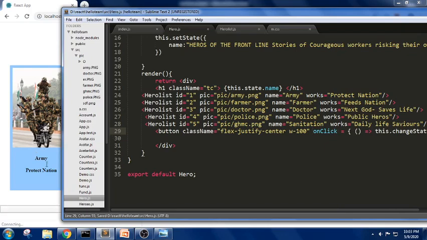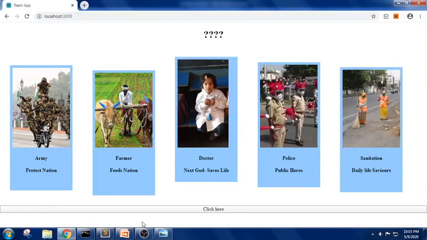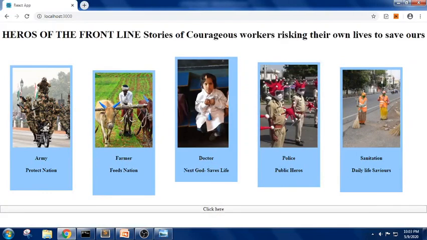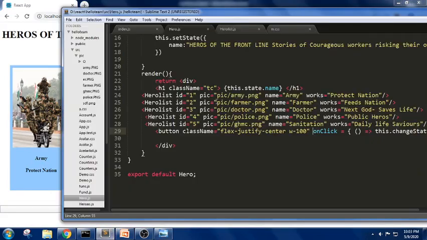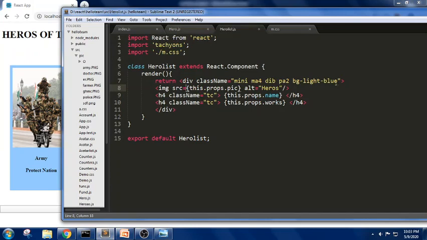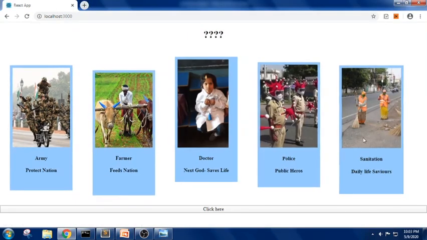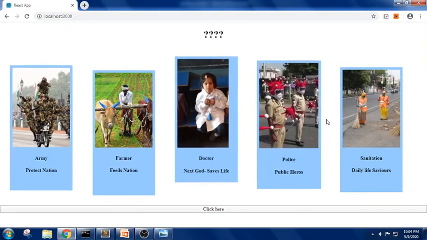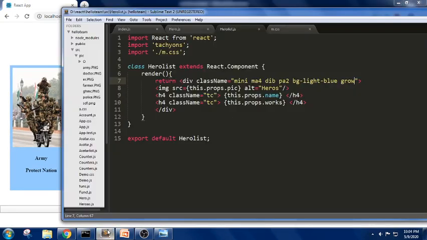First let us check. Yes, we got it. See, we got it in a similar way. Now when I click on this, I'm getting this. For example, if I want something to be visualized when I place my mouse over it, we can use a Tachyons property called grow. Like we have here, grow. See, when I click on it, I get it. So can you visualize? Yes.